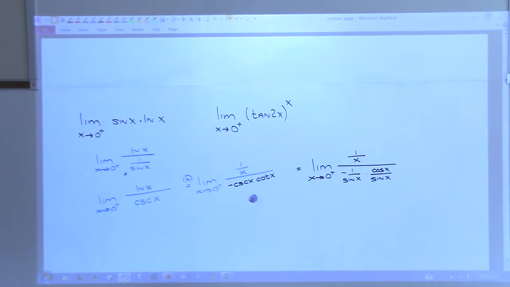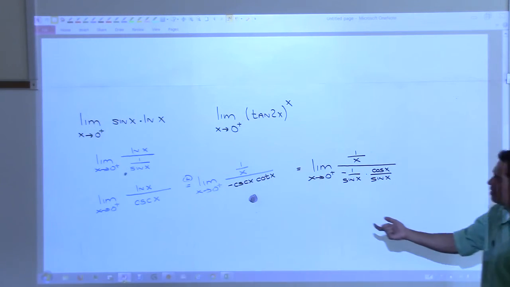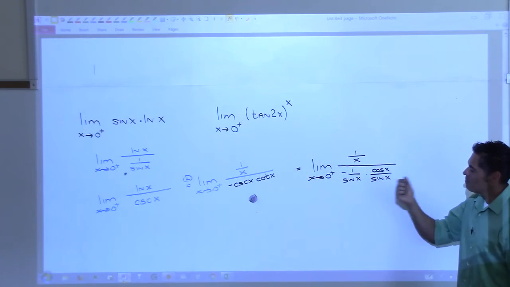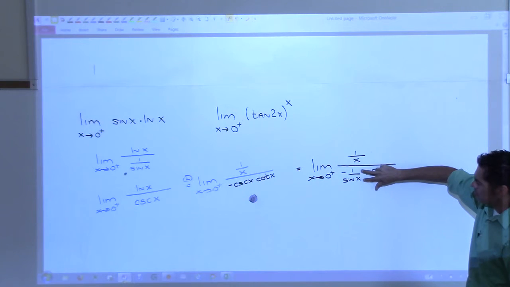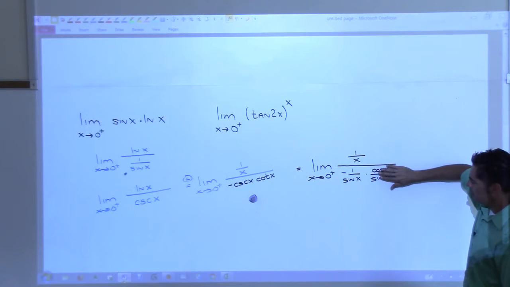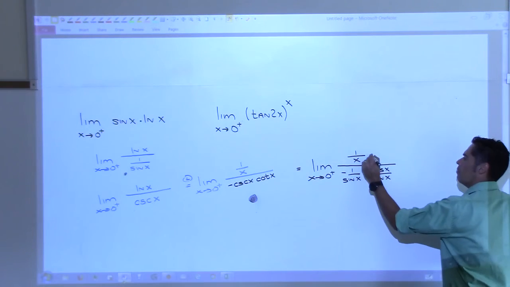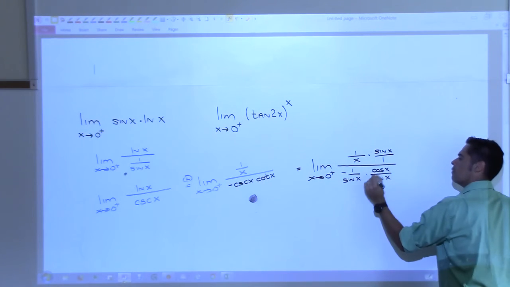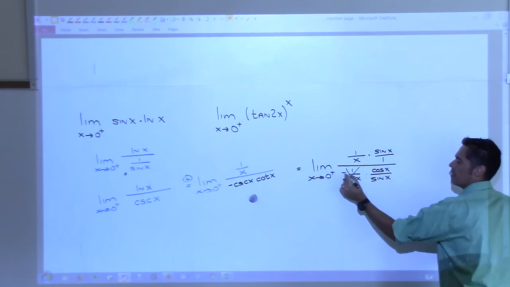Why do you think I split that up like that and rewrote it all like that? Cancellation. I'm just trying to see what's happening. When I have cosecant and cotangent, I can't really tell what's going on here. So I rewrote them like this. Look at this. If I take just the 1 over sine and bring it up here, I can leave this one down here. What would happen here? If I just get rid of that, I'll leave the negative down there.